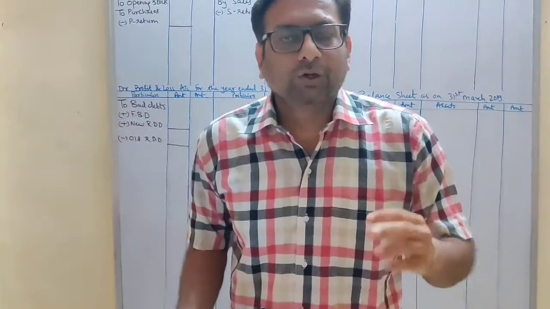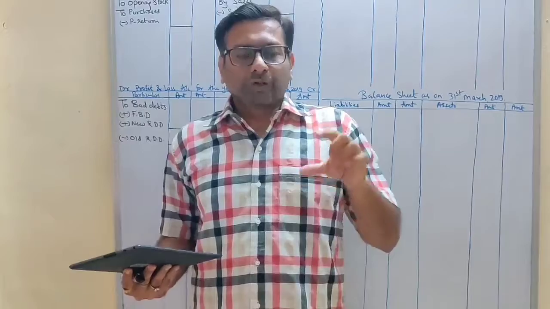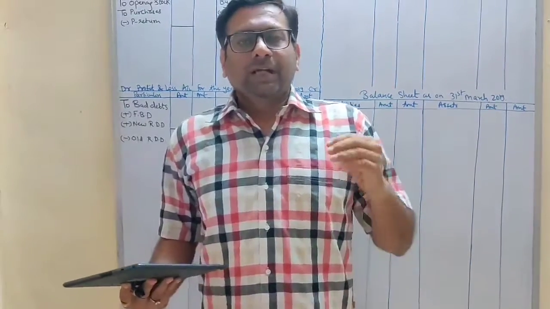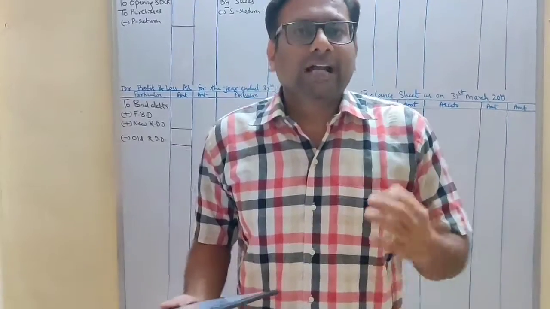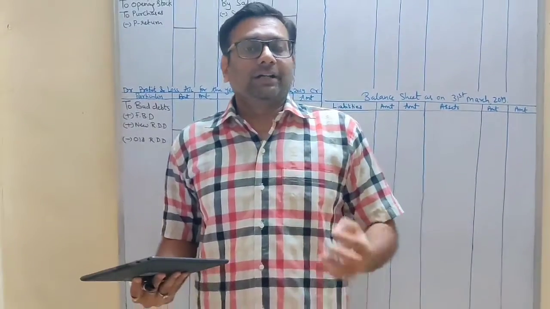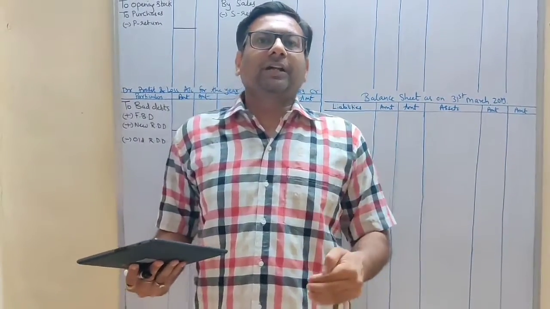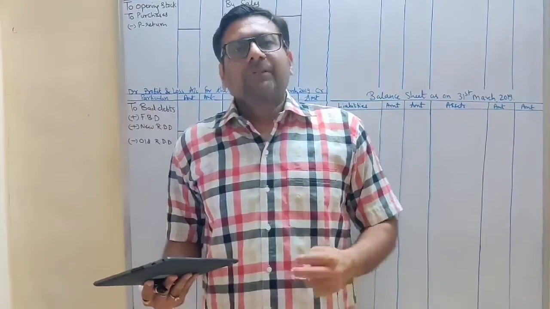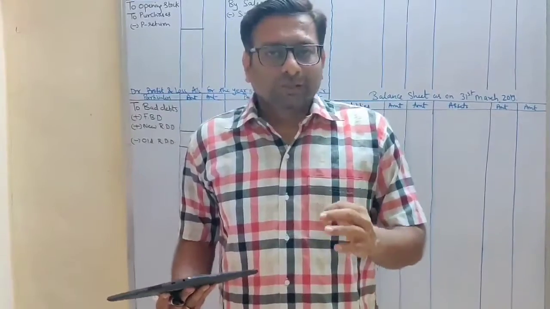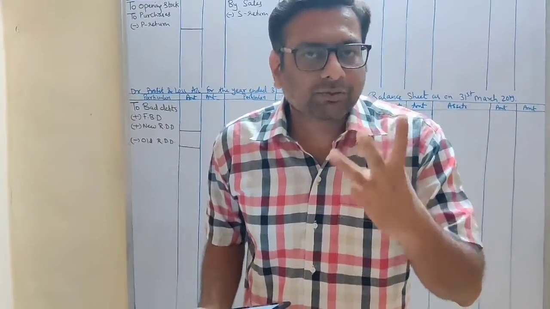Now step 3. What you will do in step 3? You have to read the adjustment now. And every adjustment, as I explained to you before also, adjustments are unrecorded. Now you are recording in your final account. Therefore, you have to give 2 effects. Am I clear? So let's revise all the 3 steps together.